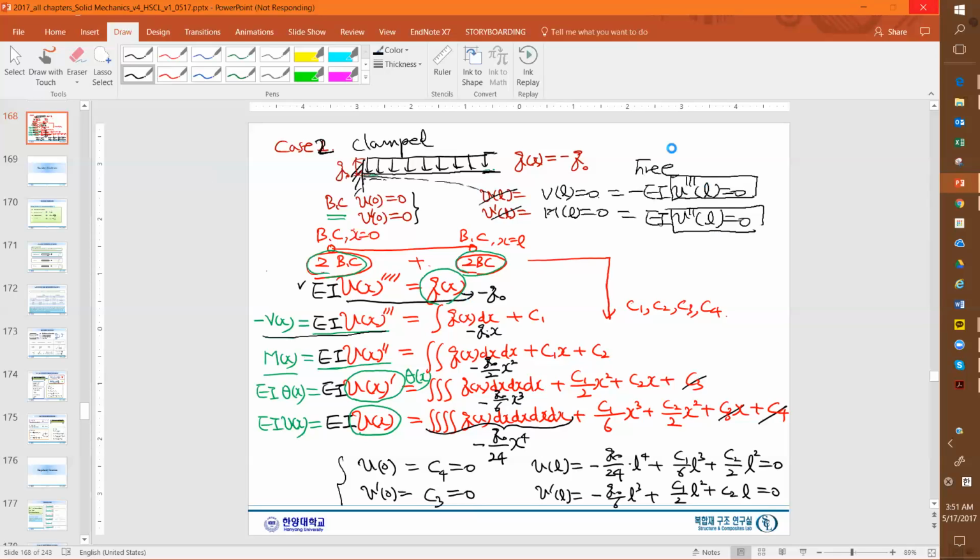Tomorrow I will revisit this boundary condition, but I hope you understand what I'm trying to say. Any boundary condition will give us 4 equations. From these 4 equations, we can solve C1, C2, C3, C4. That is the message I want to emphasize. And another important case will be a